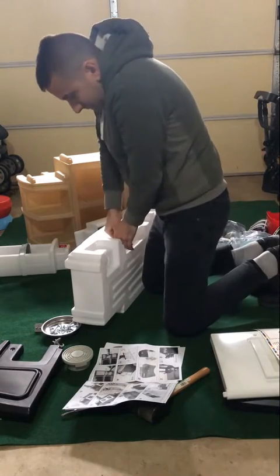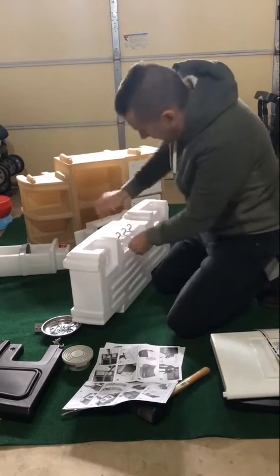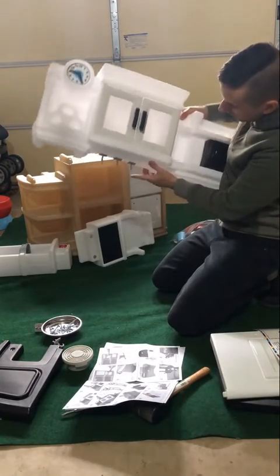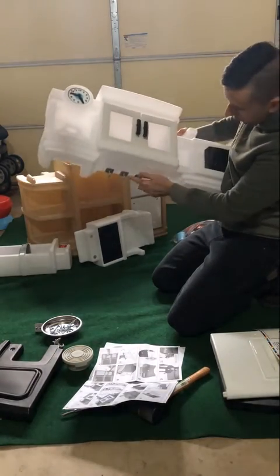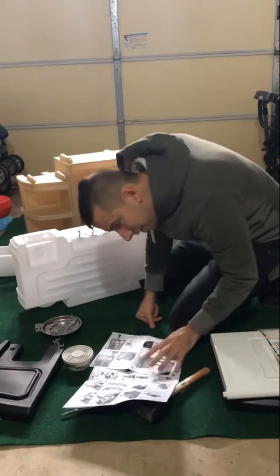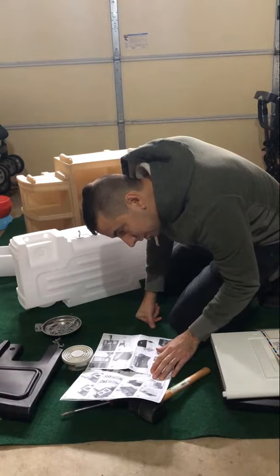Just gotta get it in there. We don't break anything. Okay. Alright. So if we flip it back up, you'll see there's the hooks. There's the cabinets. There's the hooks. And I'm going to put this back like that because the next step actually involves